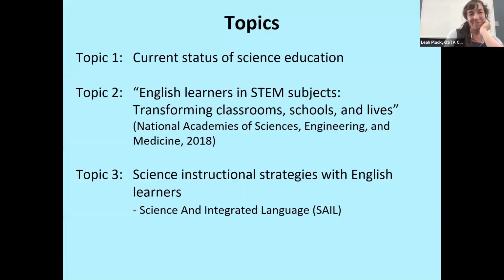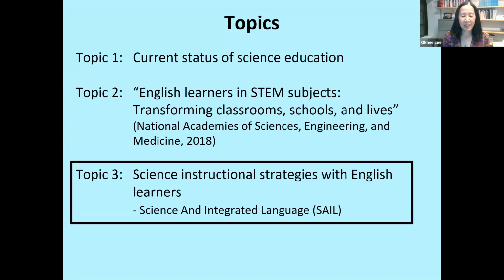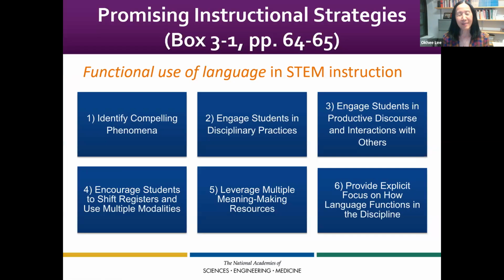So we are going to go to the third topic, and I would like to give you a warning that I was a bit too excited and talked a bit too long, so you may not have a chance to ask me questions. Strategies with English learners, and here's a box of 3-1 when you have a chance to read the report, and I do know because this is my own research work with the NSF funding. So I would like to use an example of what it looks like. We're going back to phenomenon first and then engage practices and discourse.